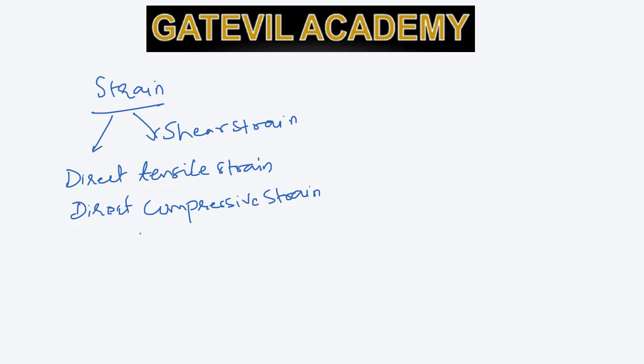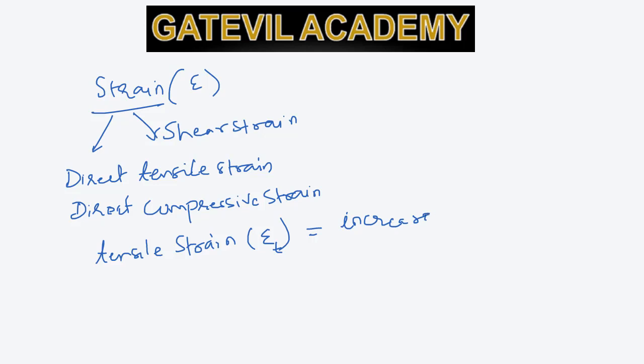Okay, so now let's see what is direct tensile strain. Stress was represented by sigma, whereas strain is represented by epsilon. Now tensile strain is represented by epsilon with a subscript T for tensile strain. So this is equal to increase in length divided by the original length,